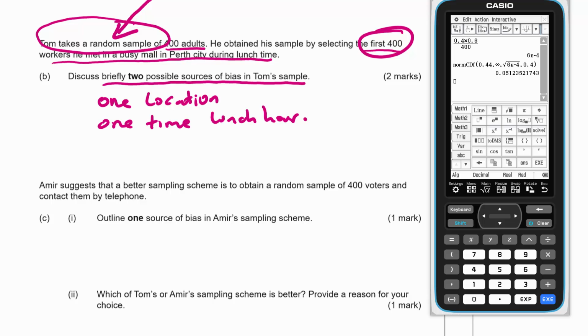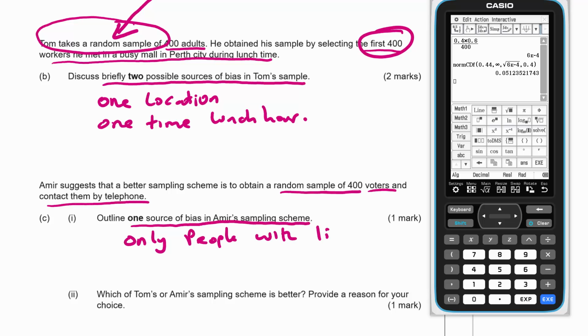Amir suggests that a better sampling scheme is to obtain a random sample of 400 voters and contact them by telephone. Outline one source of bias in Amir's sampling scheme. Well, it's restricted straight away because only people with listed phone numbers can actually be in the sampling frame to start with, so listed numbers,